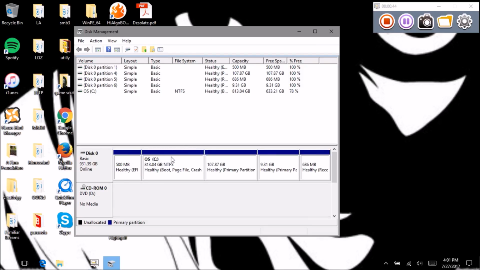And you make sure this is your Windows, the primary partition. This is the very first partition. This is the recovery partition. These two are Linux. This is the swap. I have a lot of swap space. And this is my main